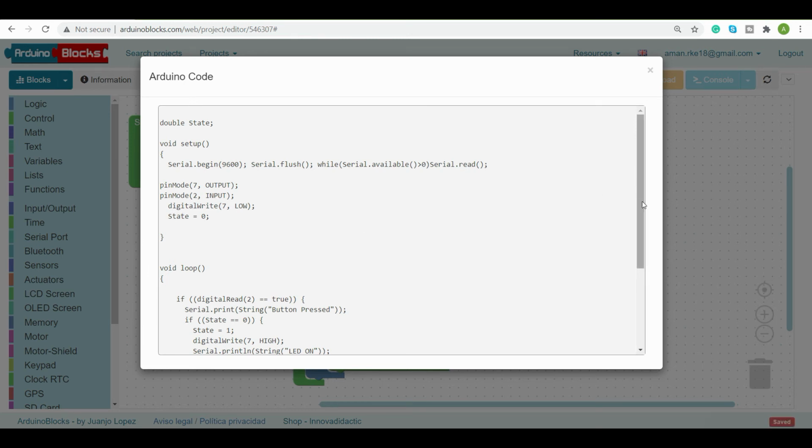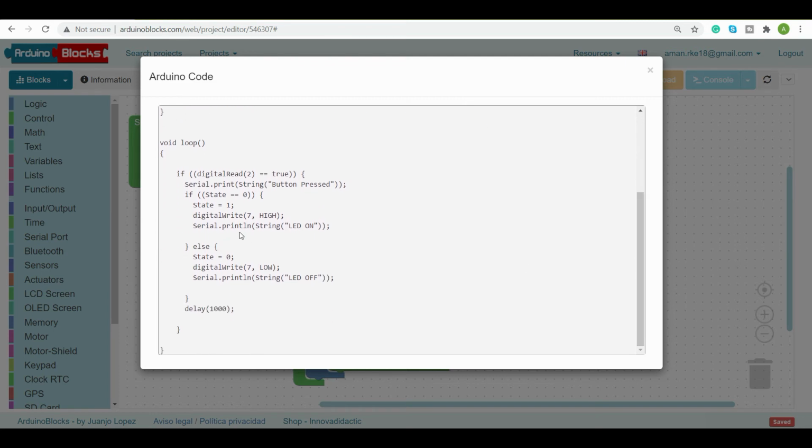Then we'll move to loop. In loop we are using one if condition, where we are sensing the digital pin 2. If it is true, then we write on the serial monitor that the button is pressed, because it will be true whenever you press the button.